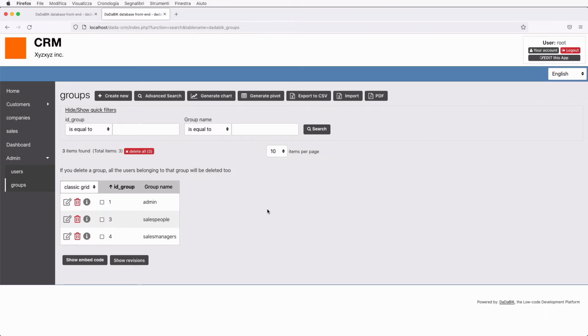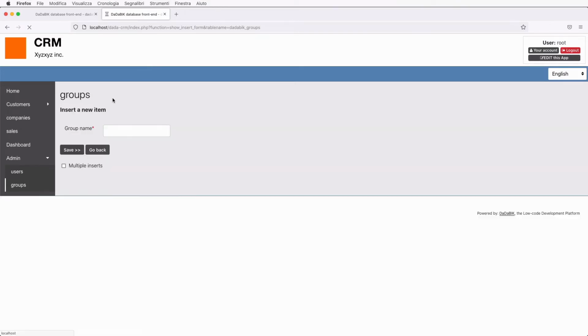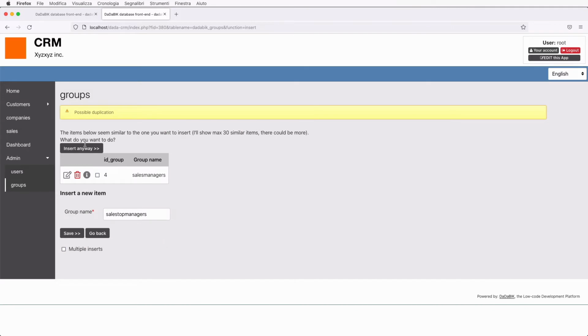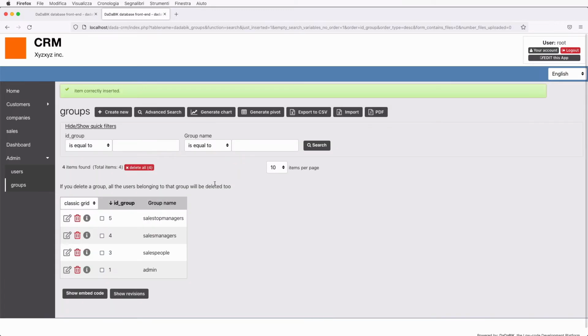First, I will add the new group. So create new, and this is sales top managers. Possible duplication because the name is similar to sales manager, but that's fine. Insert anyway. So we have this new group having ID 5.